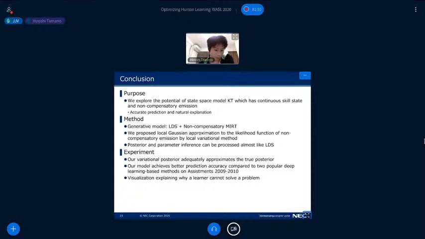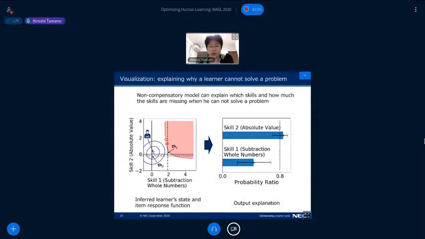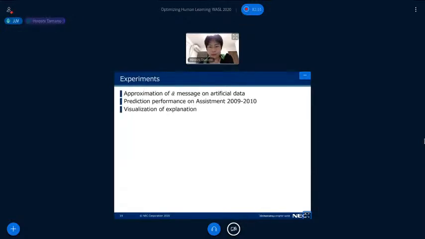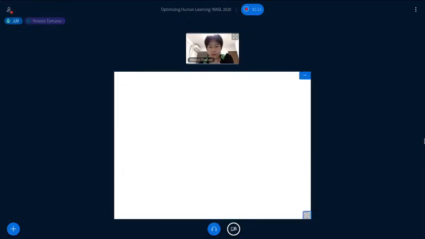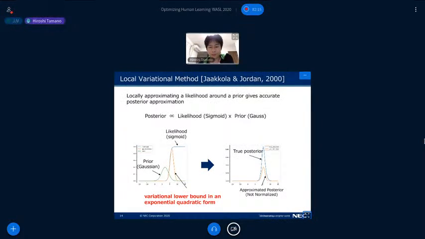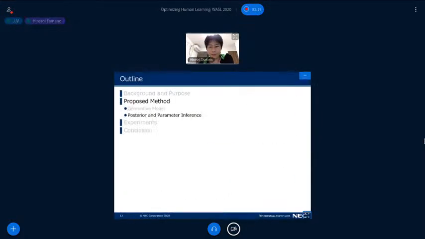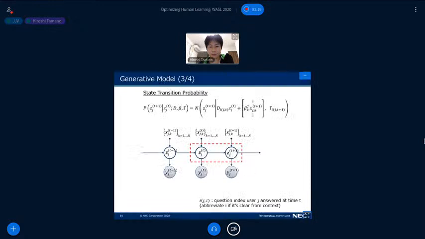I do have a question, which is, could you please go back to your transition probability slide? Thank you for the visualization, which is interesting. Here I understood that you have this linear dynamical system, but do you think it could take into account the time lag between 2 observations?